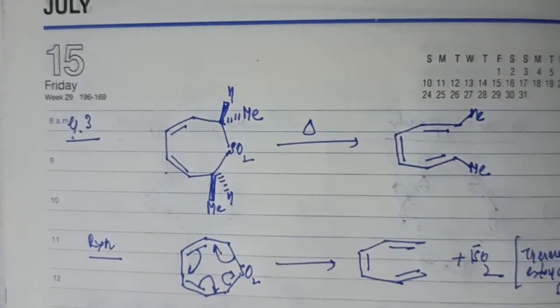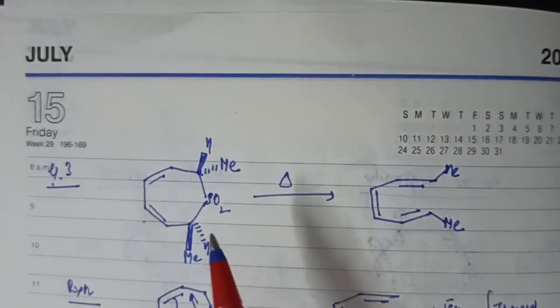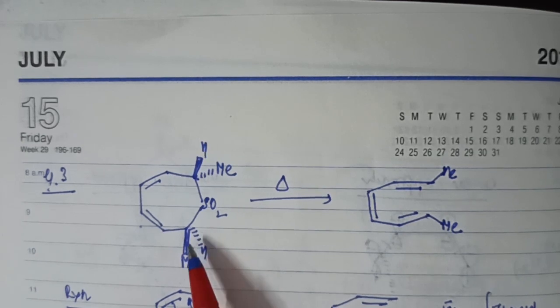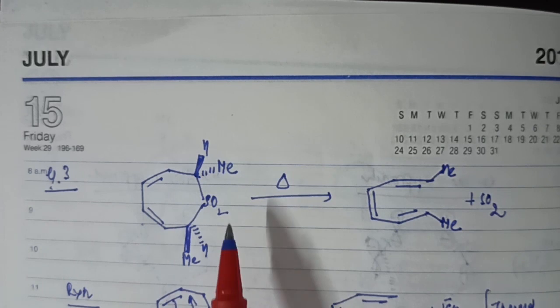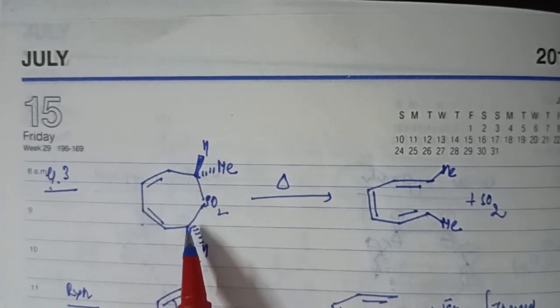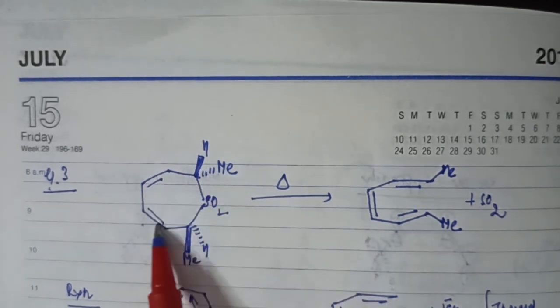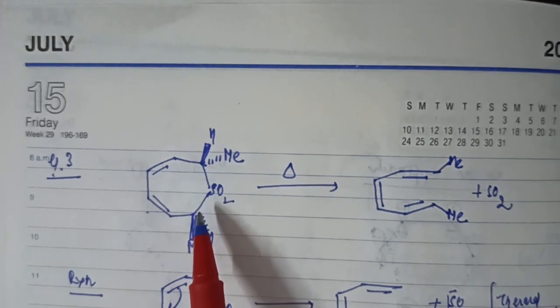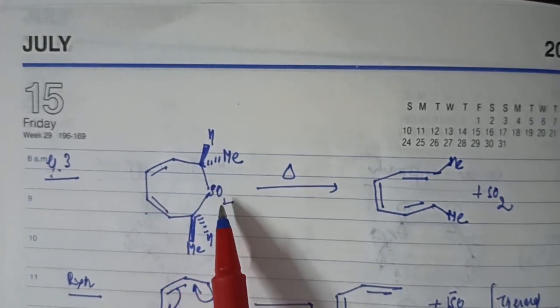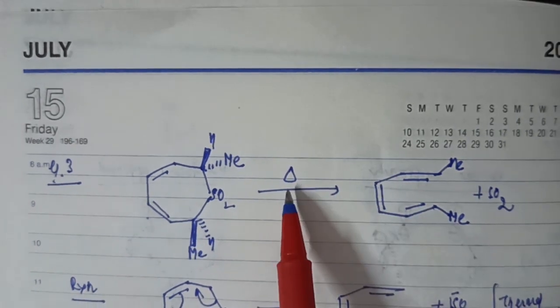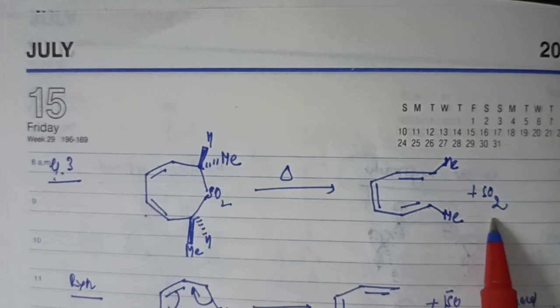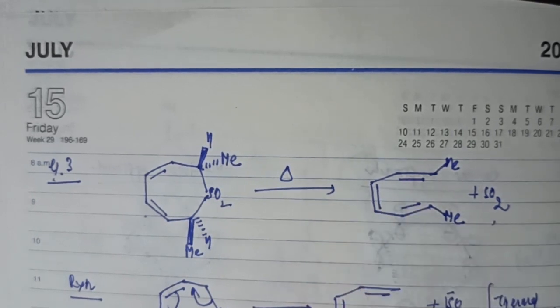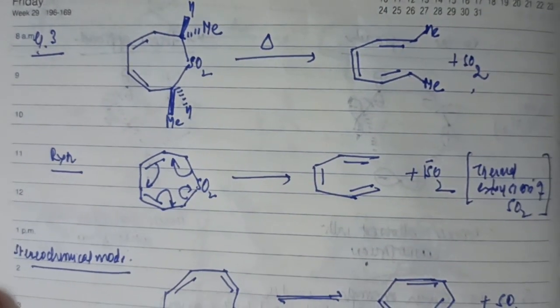Now let's take a third example to explain cheletropic reactions again. In this particular example, as you can see, I have this cyclic heptadiene system having a sulfur atom inside it. Once you thermally react this one, this molecule opens up, sulfur dioxide is extruded, and we have this hexatriene molecule. How this reaction proceeds is simple.